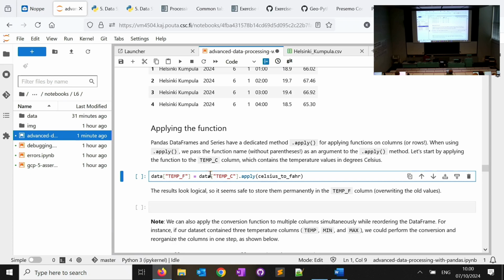Remember, since we are providing the input here, in the function we don't need the brackets anymore. Whenever we use a function, we put the brackets and the input. When you're using the apply method, the input is already here, so you don't need to put brackets and provide an input. It's enough that we just write it like this. If you run this, again, it's super fast. It did the calculation.